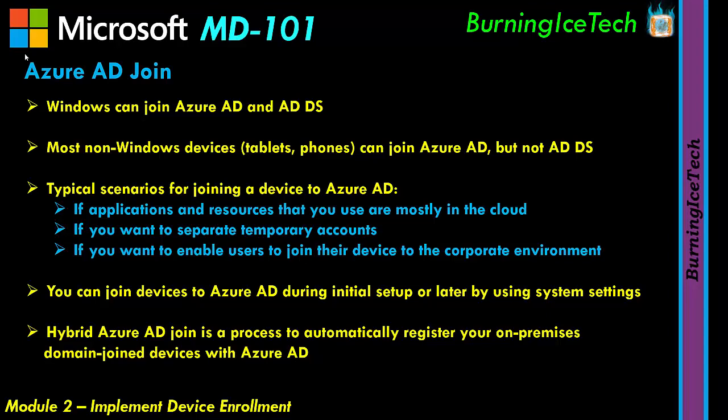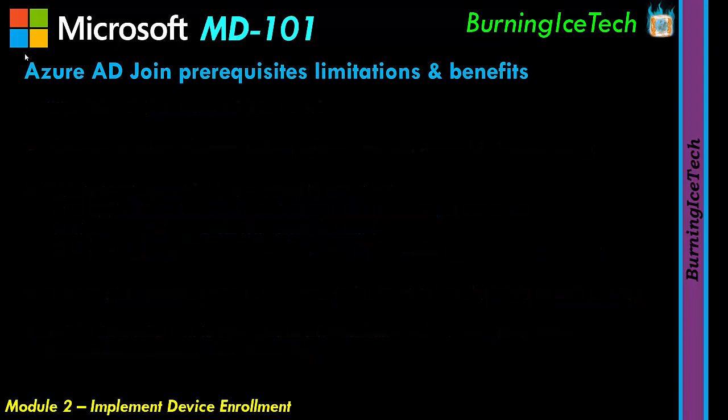All right, folks, let's move on to the next topic, Azure Active Directory Join prerequisites, limitations and benefits. So first of all, to join a Windows device, notice I said Windows, the device registration service must be configured to enable you to register devices. In addition to having permission to join devices in the Azure Active Directory tenant, you must have fewer devices registered